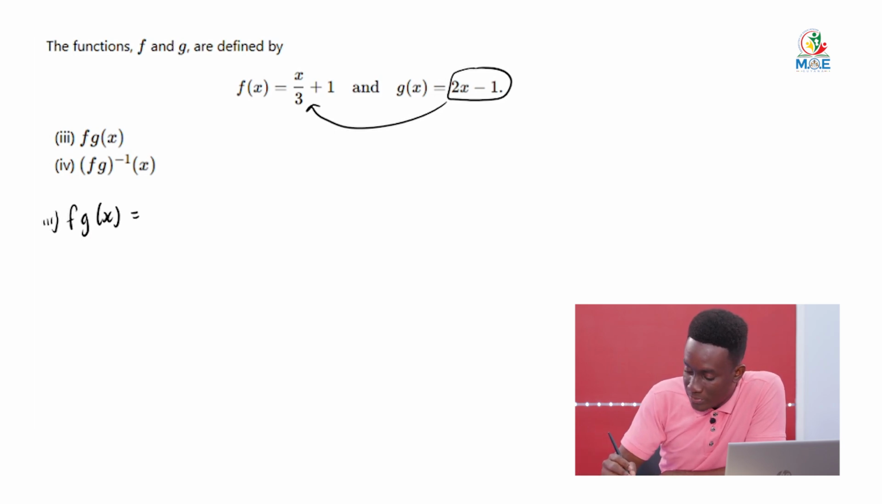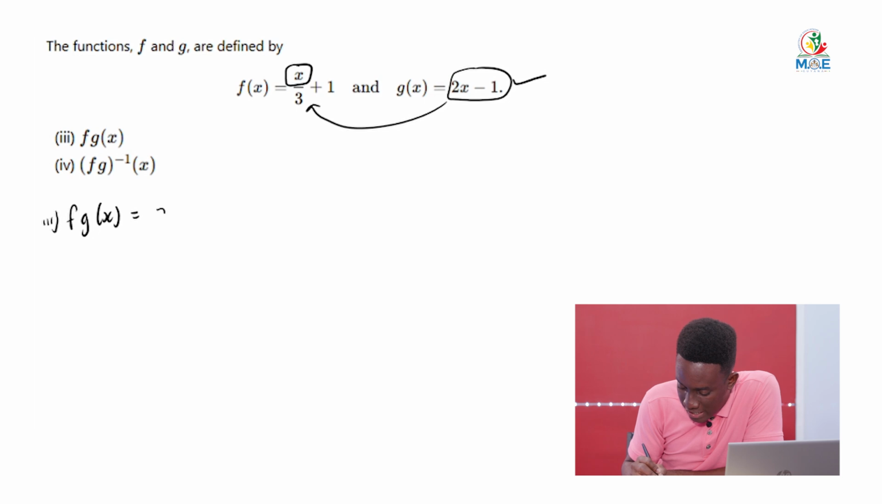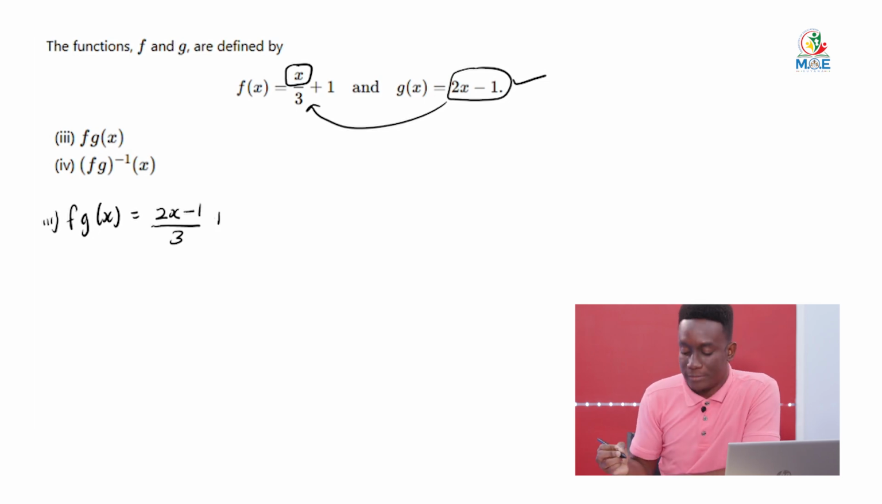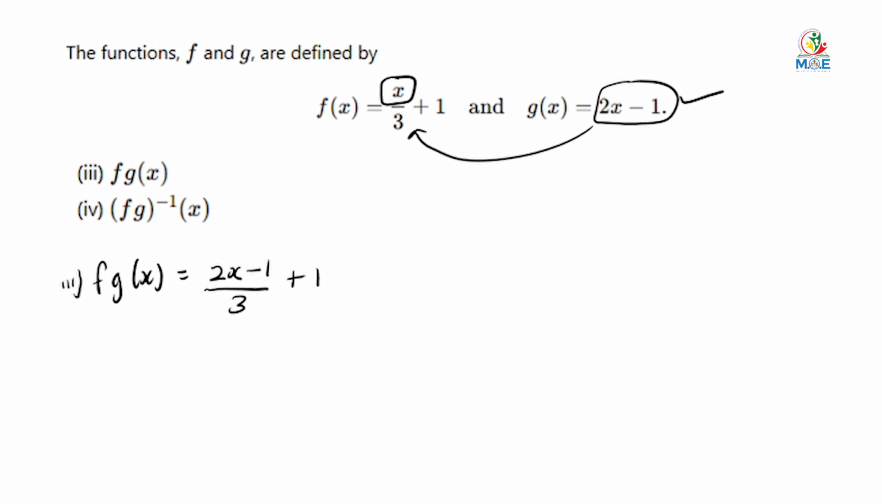So where are we putting it? We're replacing x with it. So wherever you have x, we'll put this here. So instead of x over 3, we'll have (2x minus 1) over 3, and then we put back the plus 1. And then we simplify this, so this will be over 1,